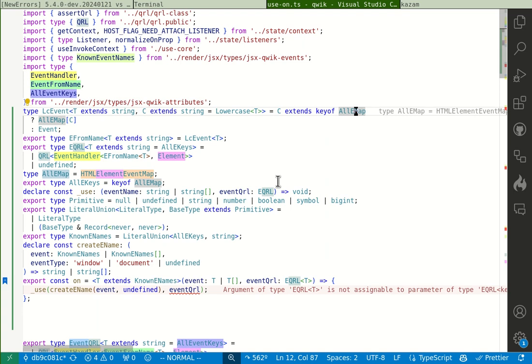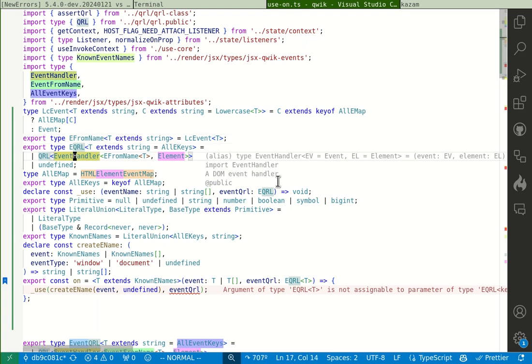Okay. That looks pretty good. So that was E from name. So, okay, that leaves us curl and event handler. Oh, I should stop actually and make sure the